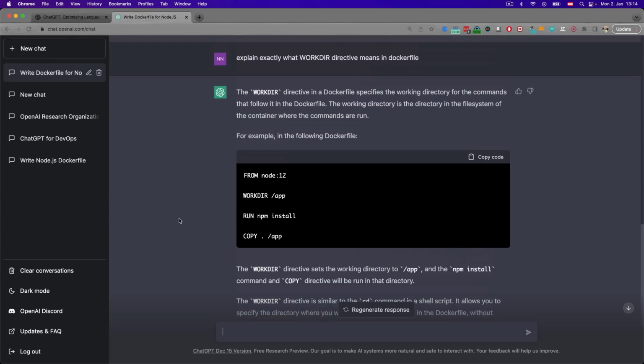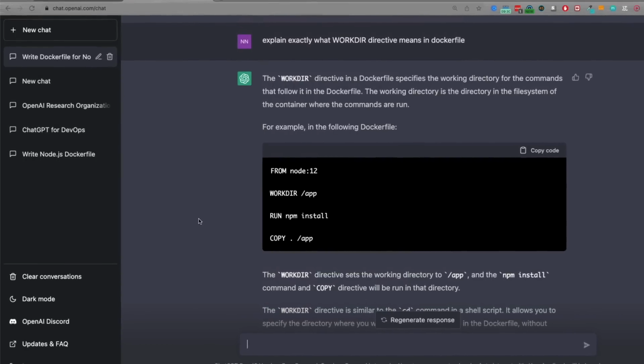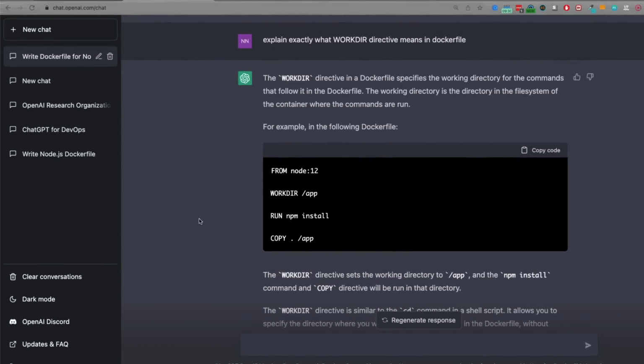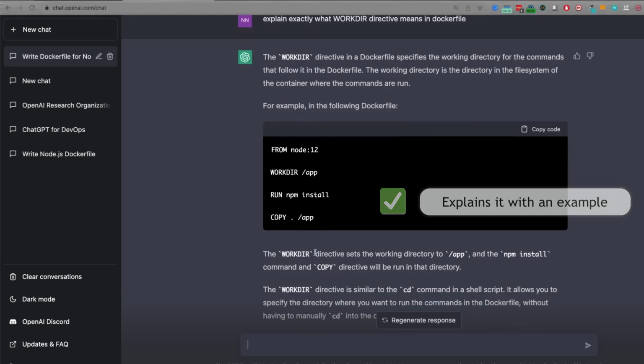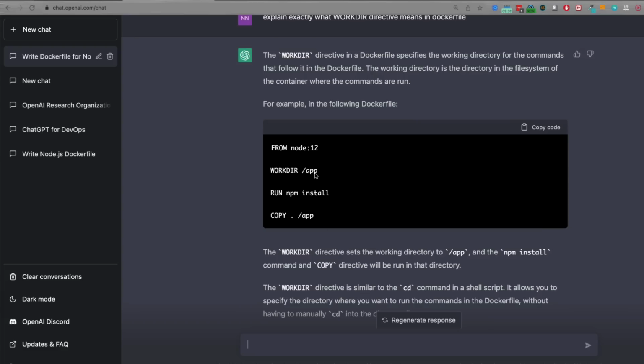And this is a really detailed explanation. And what I actually love about this is that it explains the concept or this directive specifically with an example. Like it actually gives you another example of Dockerfile and says, look, in this example, we're setting the work directory at /app. And then when we execute npm install and copy commands, they will actually be executed in that /app